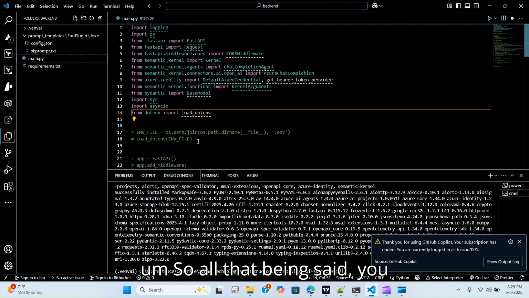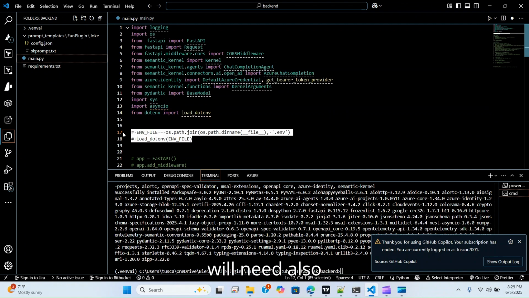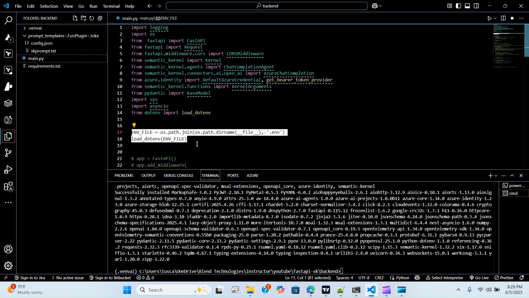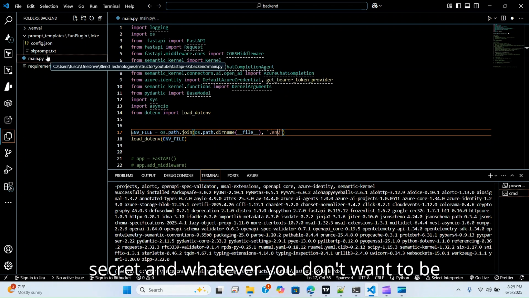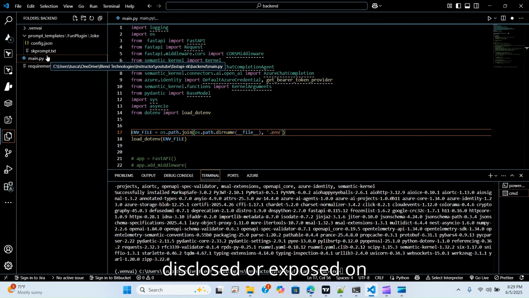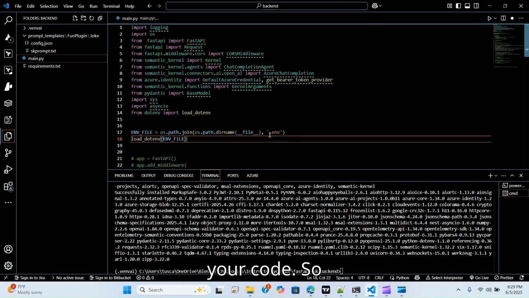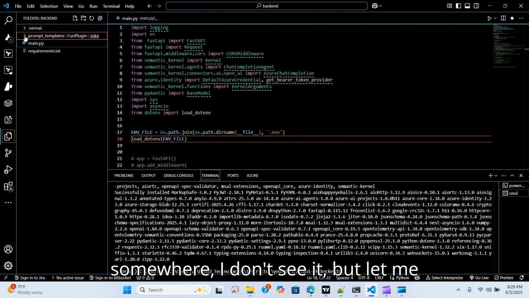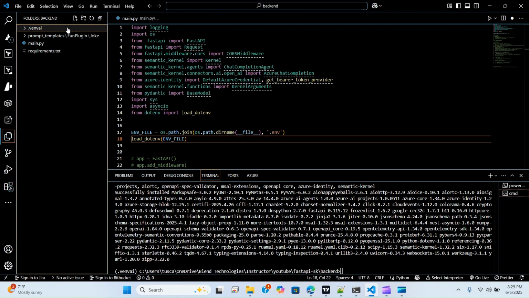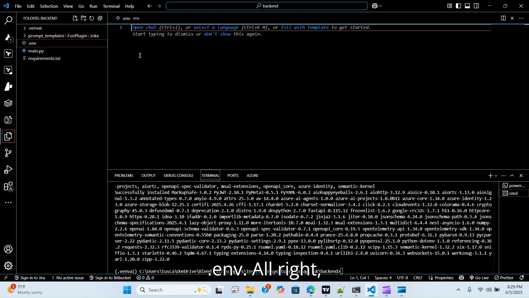So all that being said, you will need also a .env file, and the .env file is for you to secure and store your secrets and whatever you don't want to be disclosed or exposed in your code. So the .env file should have been somewhere. I don't see it, but let me create it real quick. .env. All right, now the .env file should have